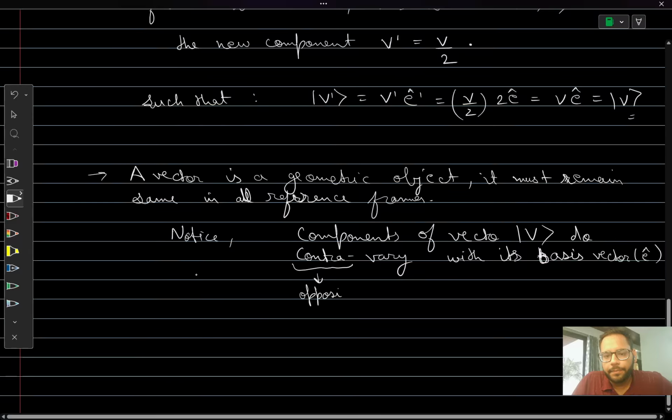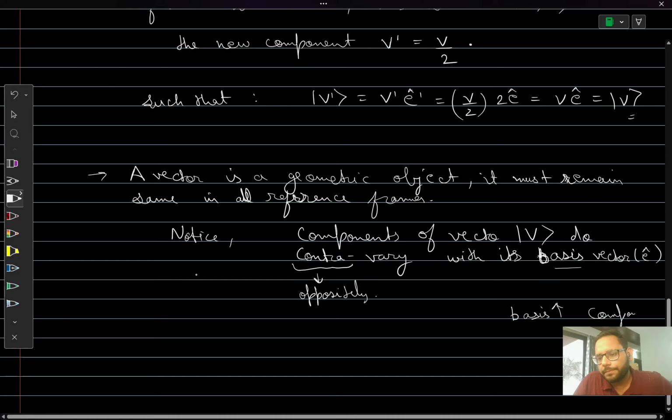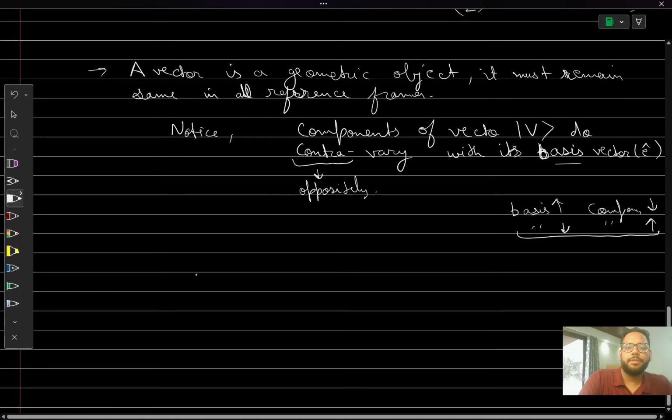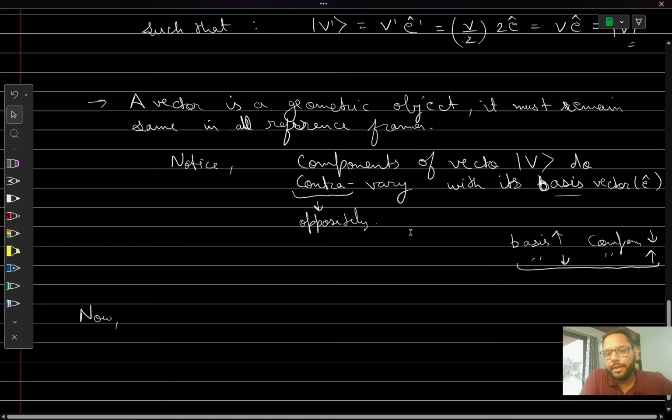Okay, so it means if the basis is increasing, the components must decrease. Okay, if it is decreasing, the components will increase, so they contravary. Okay, similarly now, so let's, if they are contravarying, okay,